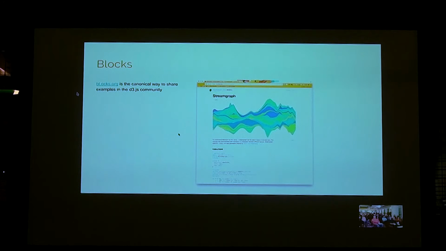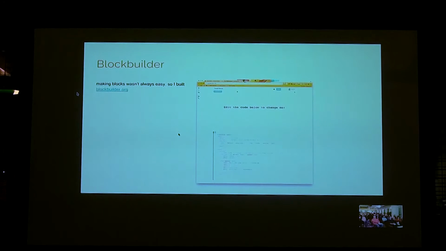So the one thing was, it used to be pretty hard to make a block. Like you had to use the command line, GitHub, and all these other things that people who are trying to make these visualizations aren't necessarily skilled at. Right? People come from all different backgrounds to make data visualization. It might be design, or data analysis, business intelligence, and it could be software engineering. But there's a lot of people that want to do this stuff, and you don't always want to get down the command line to do it.